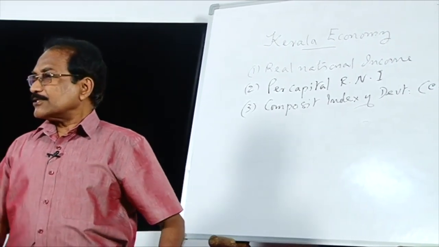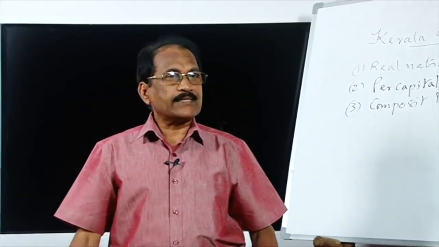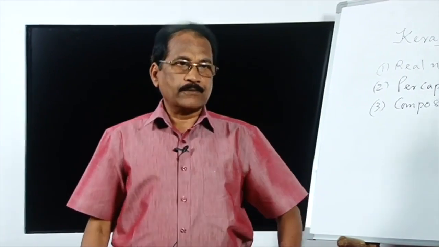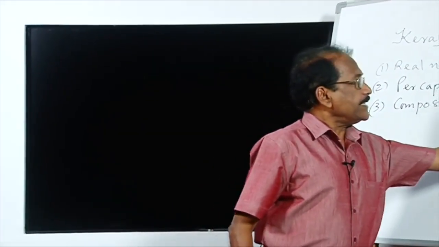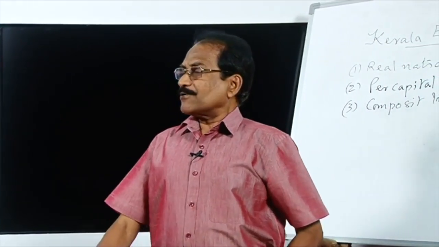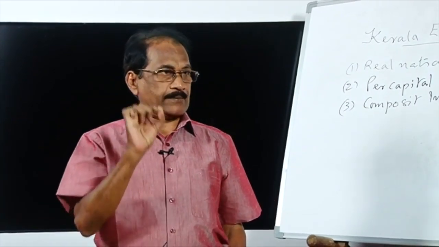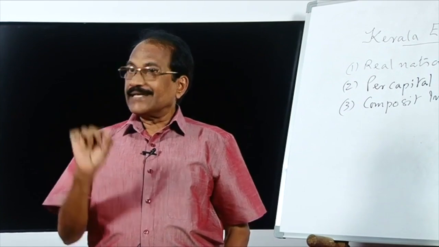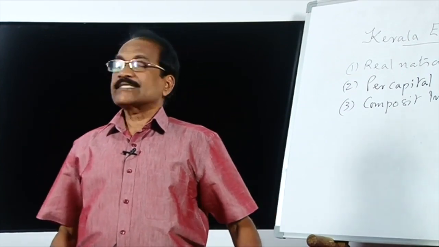Rejecting the single based criterion, a number of things must be considered simultaneously to see whether there is economic development or not. So they have taken what is called CID, the composite index of development: a group of things taken simultaneously to construct an index number, an index of development. An indicator is an index, and a number of things have to be considered simultaneously.